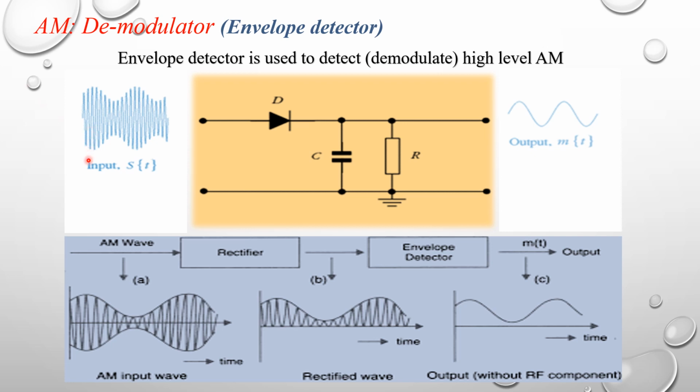Let's consider one particular example. This is the AM wave with a peak to peak amplitude of 5 volts. We have to find the demodulated waveform voltage with respect to the peak. The 5 volt peak to peak signal is connected to the diode, with this reference line, a positive peak of 2.5 volts and a negative peak of 2.5 volts, for a total peak to peak amplitude of 5 volts.